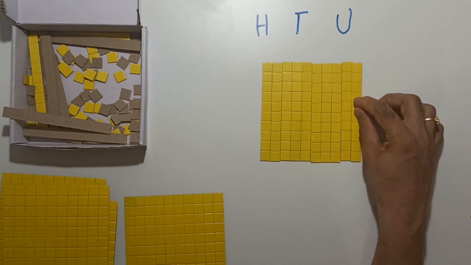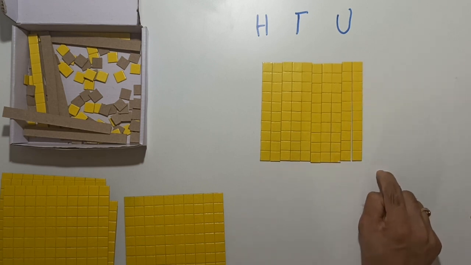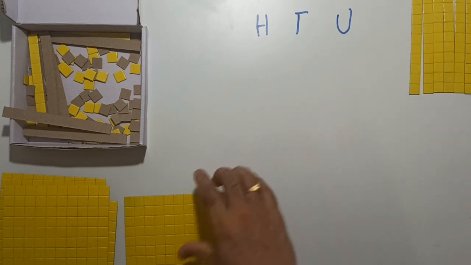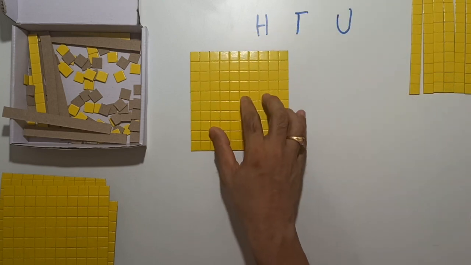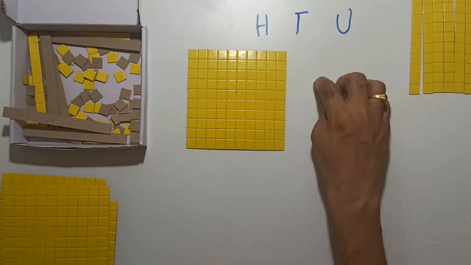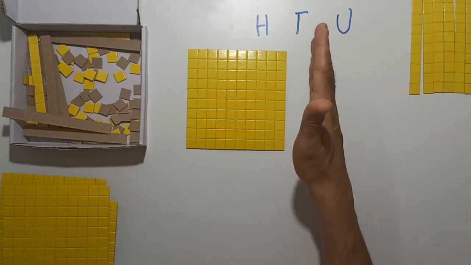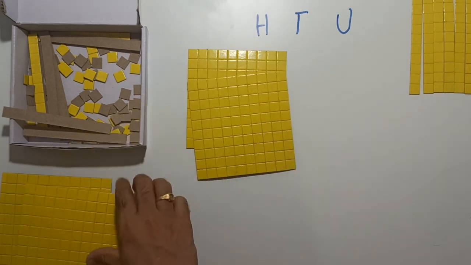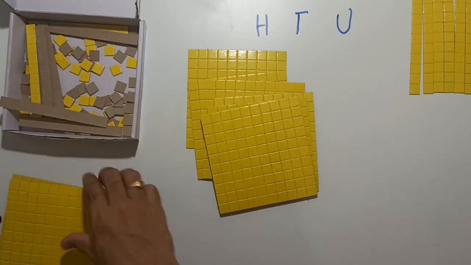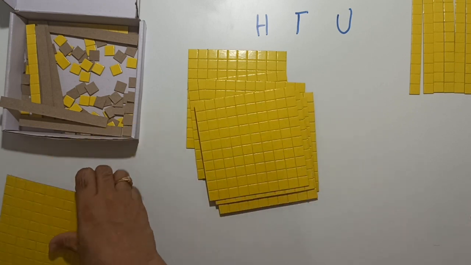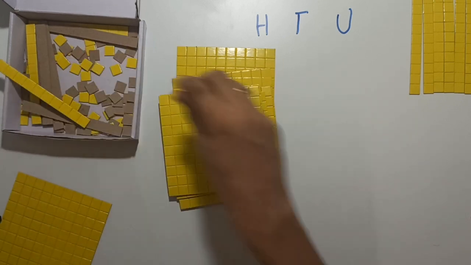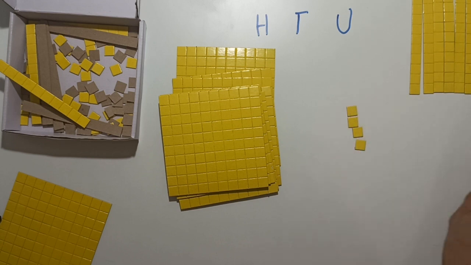Now I brought the strips together, right? Now what happened? I have 10 of these strips. So 10 of these strips means I can exchange this for one flat. This represented hundreds, right? And then what did I do? I started counting again, and then I went into 100, 101, 102 till I reached 200s. So I kept on growing my hundreds, right? 300, 400, 500, 600, 700, 800, 900, and then after I got 900, I continued my counting, right?